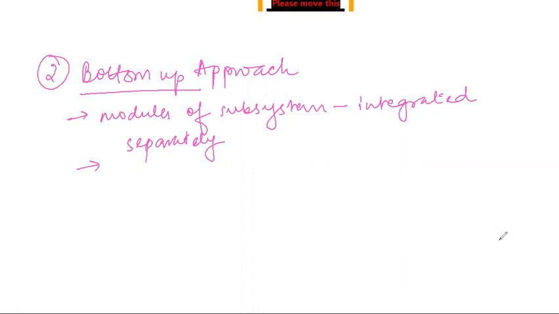So, the principal advantage of this bottom up testing is that several disjoint subsystems can be tested simultaneously. What does it mean? Suppose I have these three modules, and in another part I have these three modules, and these modules are interrelated.